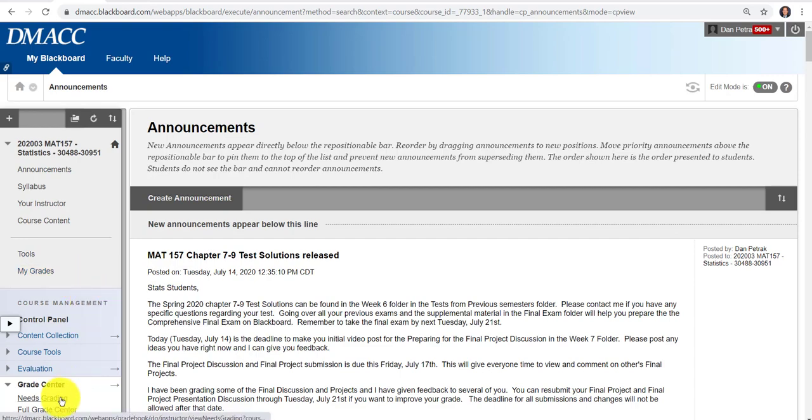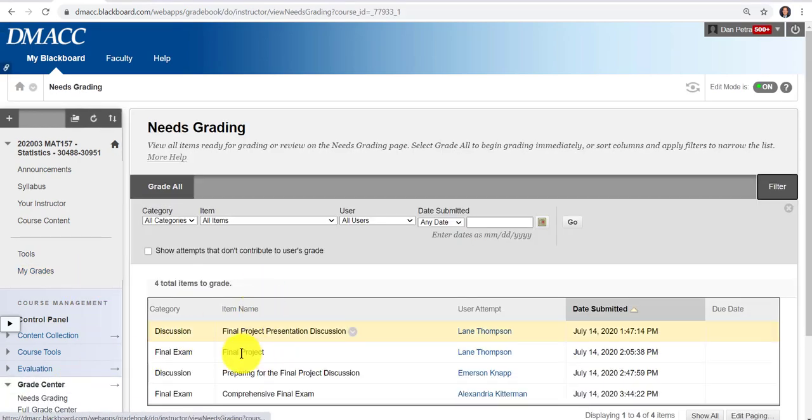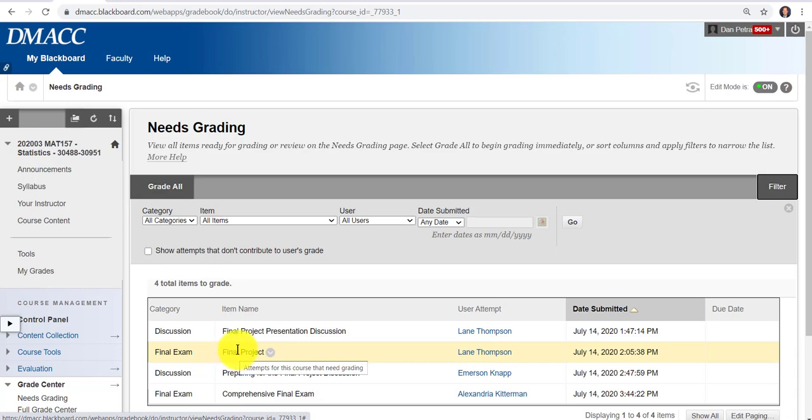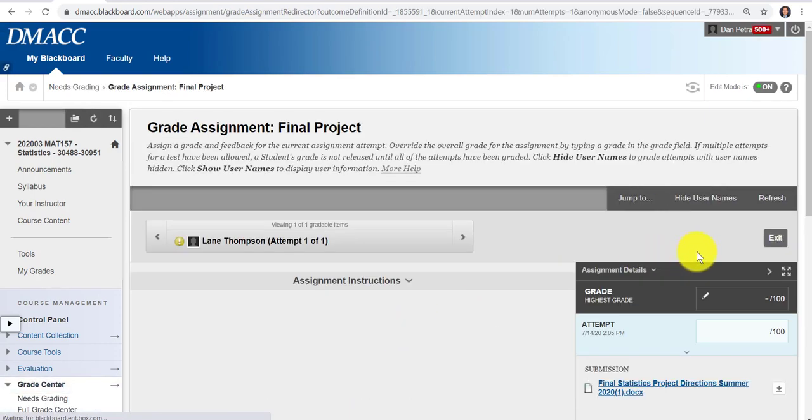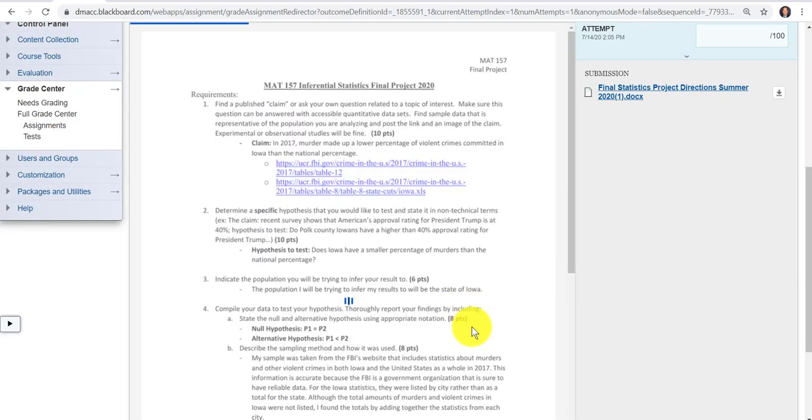final project. And when I click on needs grading, for instance, right there, it's submitted as an assignment. It's called the final, it's under the category final exam. For me, it's worth 50% of their final exam grade. Obviously, you can adjust that to fit your needs. But if I go to grade all users, it'll come up here and